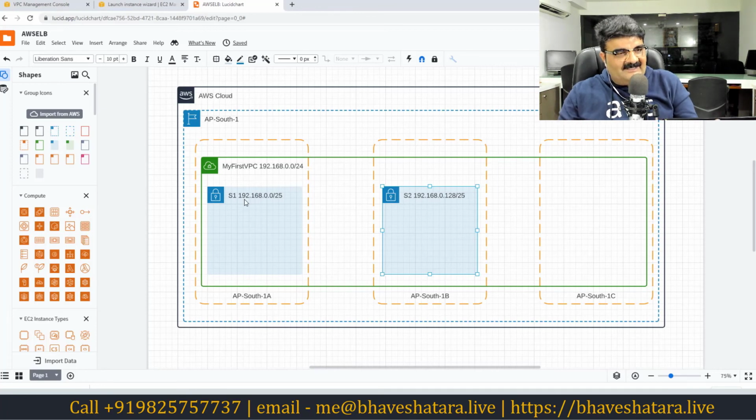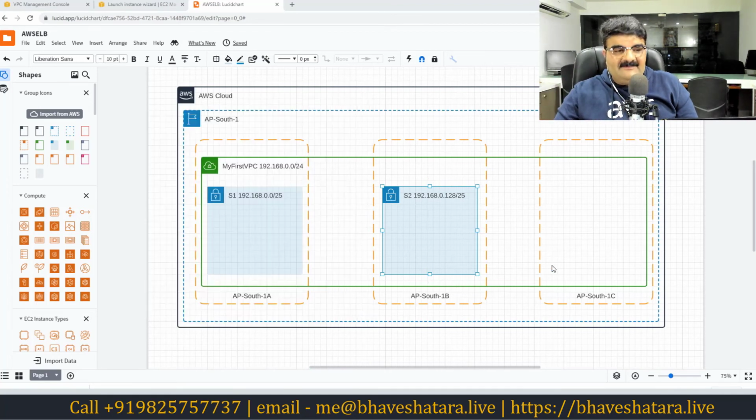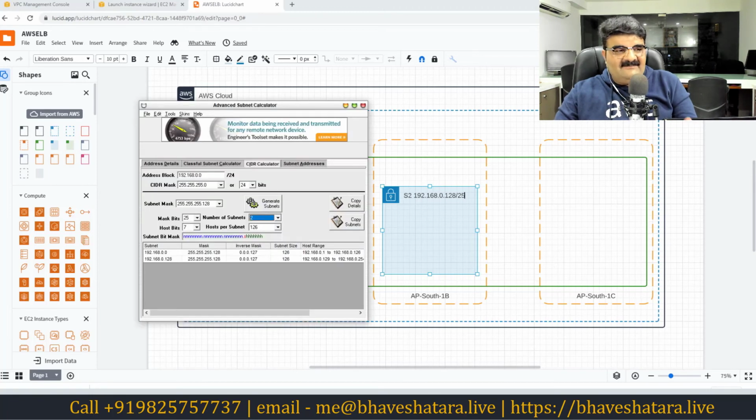Now maybe you cannot create, like when you go over here and find this, you cannot create 2 subnets, so you have to create either a 4 subnet, or you have to use the VLSM technique, and then you can create the subnet. But if you have a question like, okay, I understand, because you explained that you cannot edit a subnet. Now in this case I have to delete this subnet, and then I have to calculate with the VLSM technique how I create 3 subnets, and then I have to assign this.